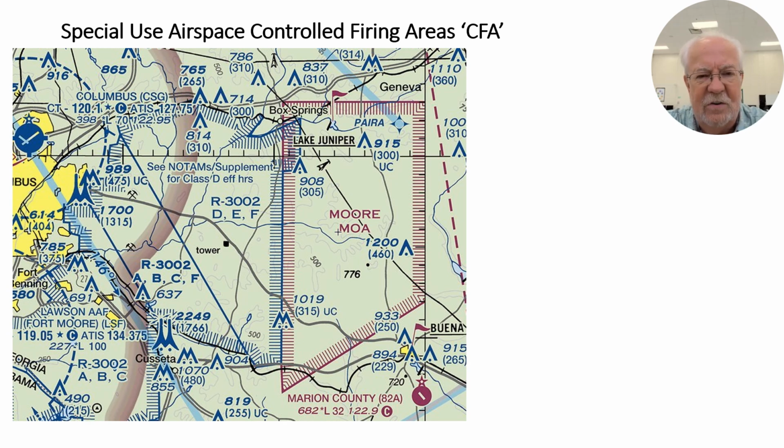So you don't need to be listed on the chart, but just be aware that there are certain areas that are, but that's all controlled by the military. The military shuts the whole thing down. Nobody shoots. Now, if you have a drone flying over that area, the only reason I put this particular chart up here, it doesn't say chart CFAs or controlled firing areas, but we know that that's what they do down there